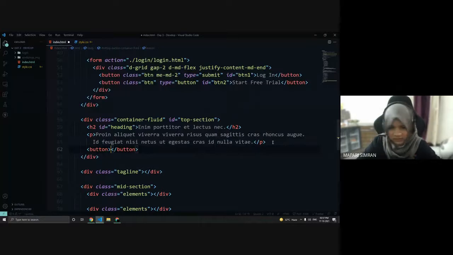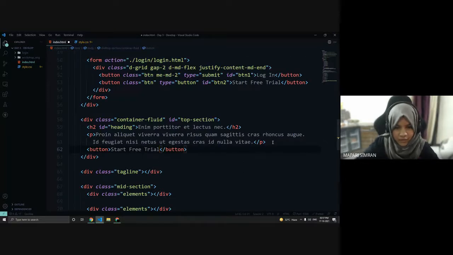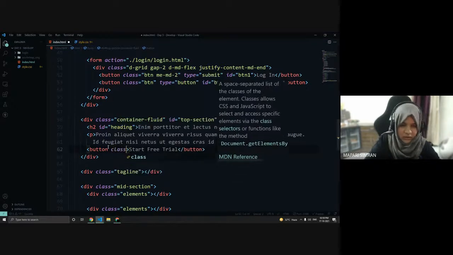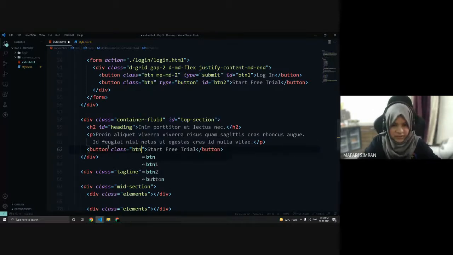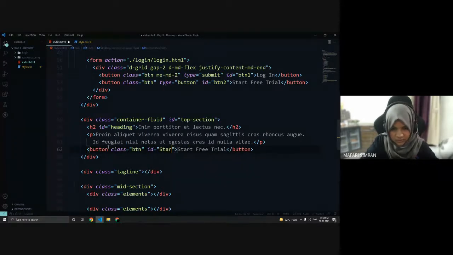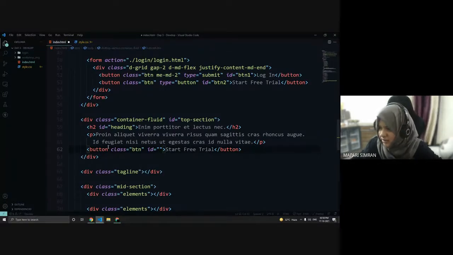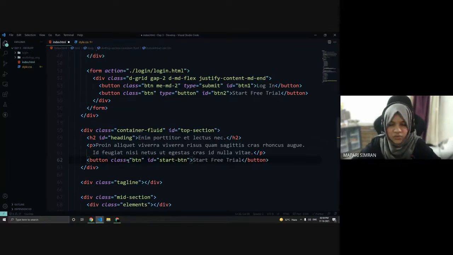The button is for start free trial. Let's give some class and id also, so we can give styling to it. The class, let's say btn, and the id, let's give it start-btn. It's a start button, so let's give it there.